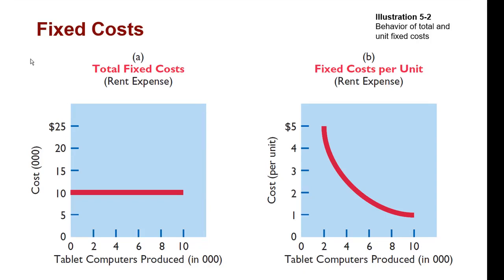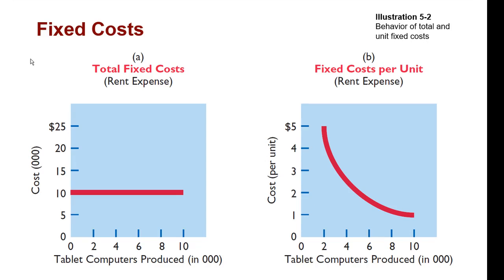However, on a unit basis, Damon Company leases its production facilities at 10,000 per month. The total fixed cost of the facilities will remain constant at every level of activity, but on a per unit basis, it goes down. That is to say, if I produced one desk, let's say, or camera, it would be 10,000, but if I produced 2 as well,